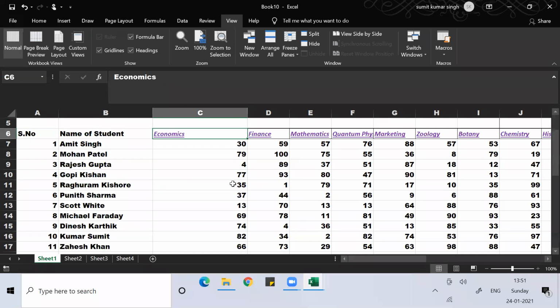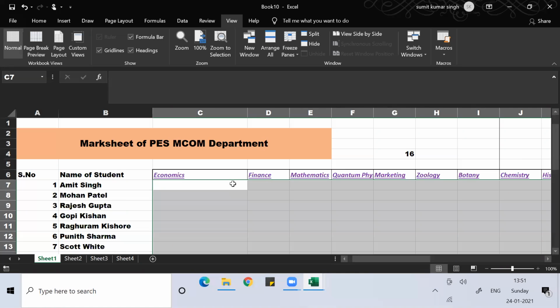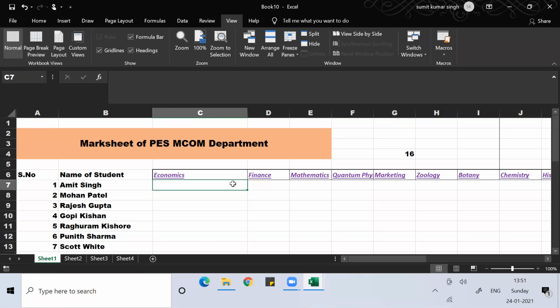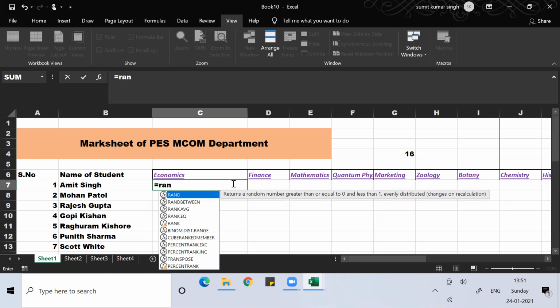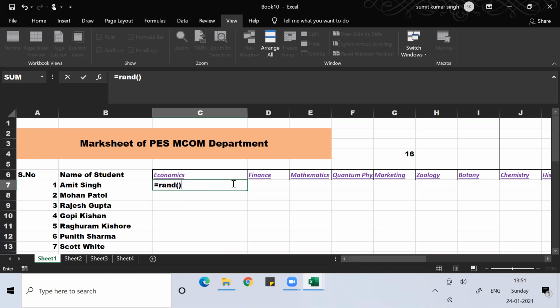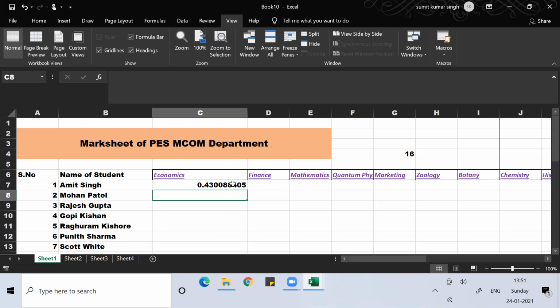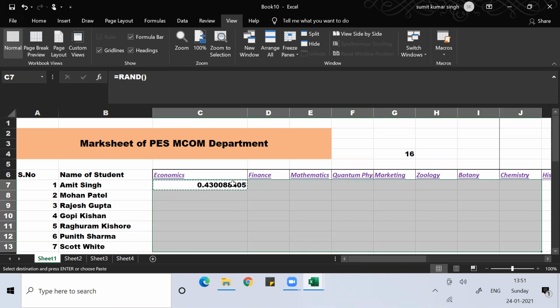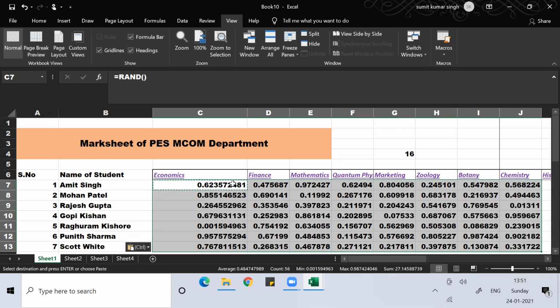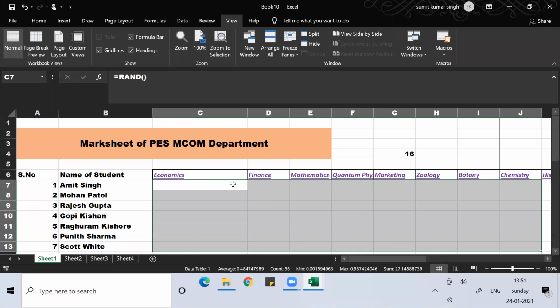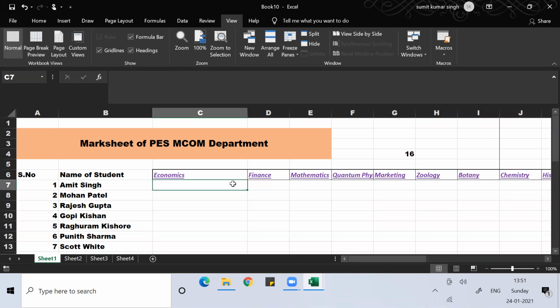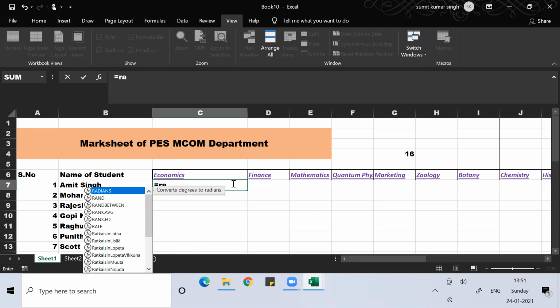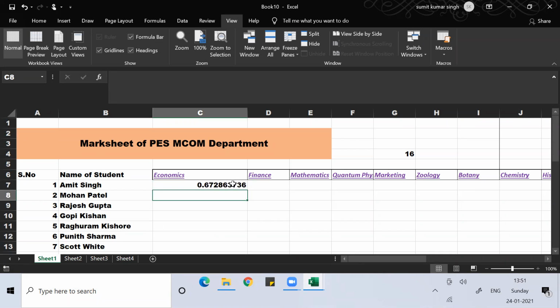You can use the RANDBETWEEN command, or you can use RAND, open bracket, close bracket. RAND basically generates a random number between 0 and 1.